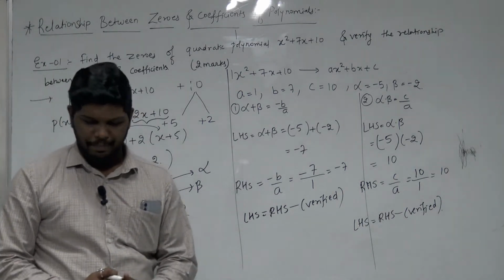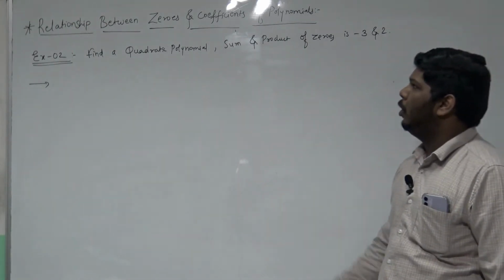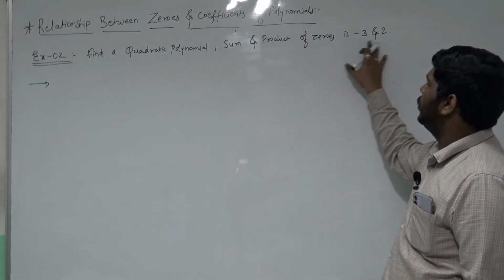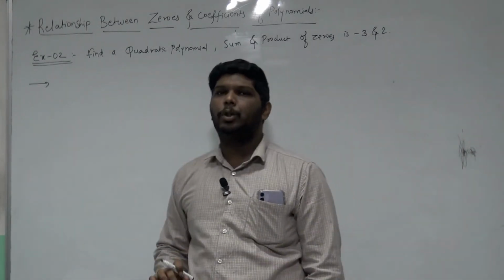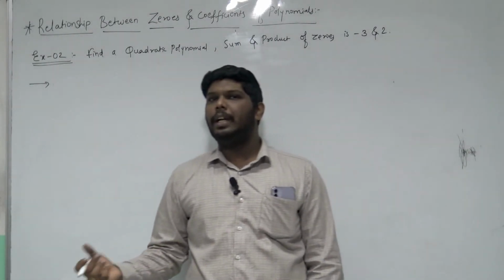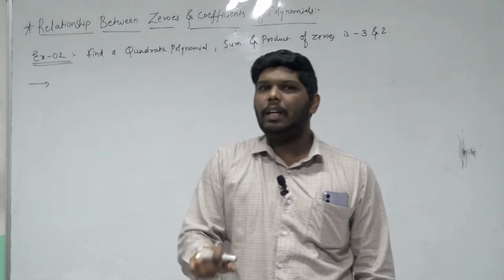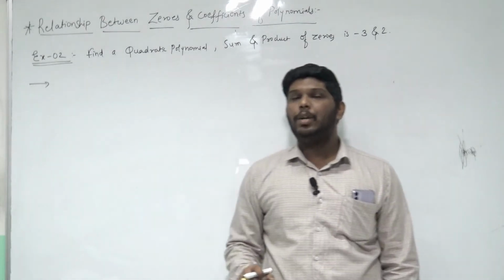next example. Again, example number 2. Find a quadratic polynomial where the sum and product of zeros is minus 3 and 2. Okay, so here the question is asked in reverse order. Earlier the quadratic polynomial was given to you and the question was related to the zeros. Here the zeros are given to you, correct? The sum of the zeros and the product of zeros is given to you, and you have to find the